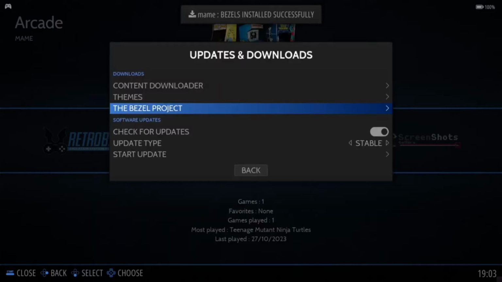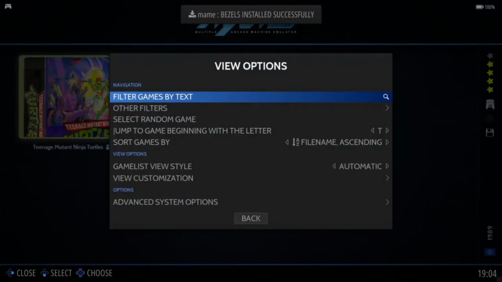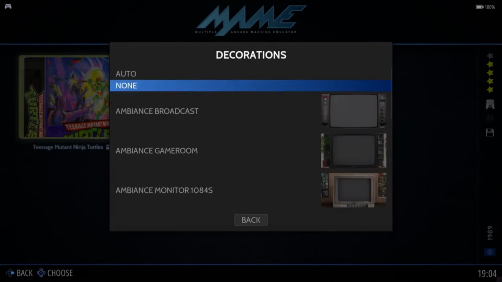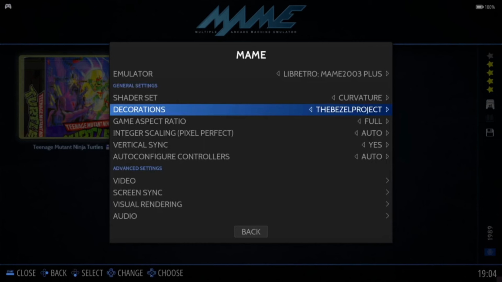Bezel's installed successfully, and if we come out of here and go back into Mame, if we go into view options, advanced system options, under decorations, you're now going to see the Bezel project at the bottom. If we go in there,